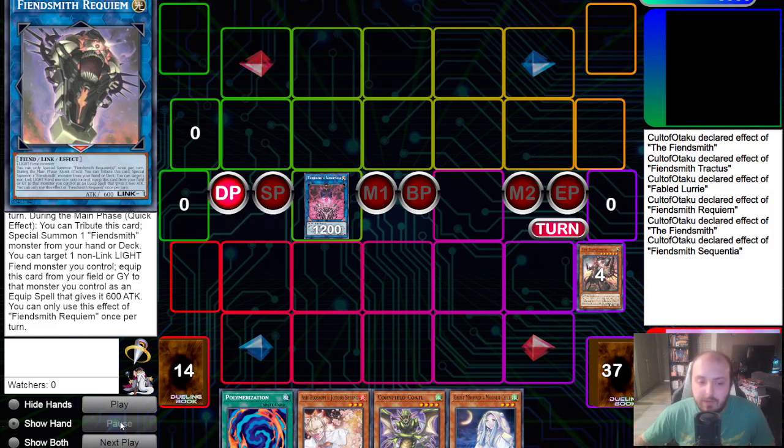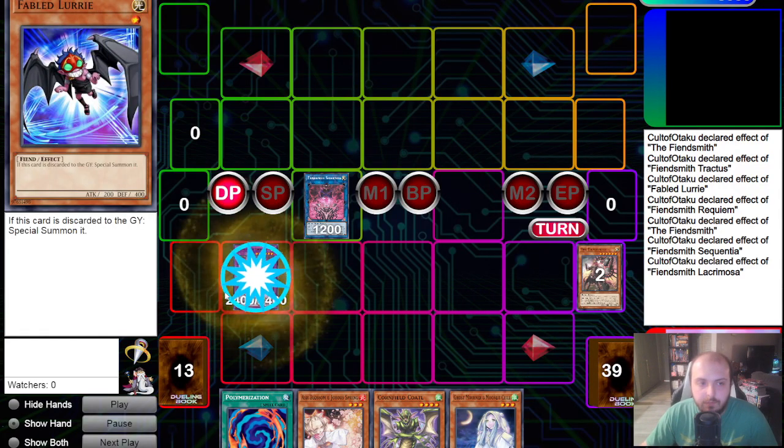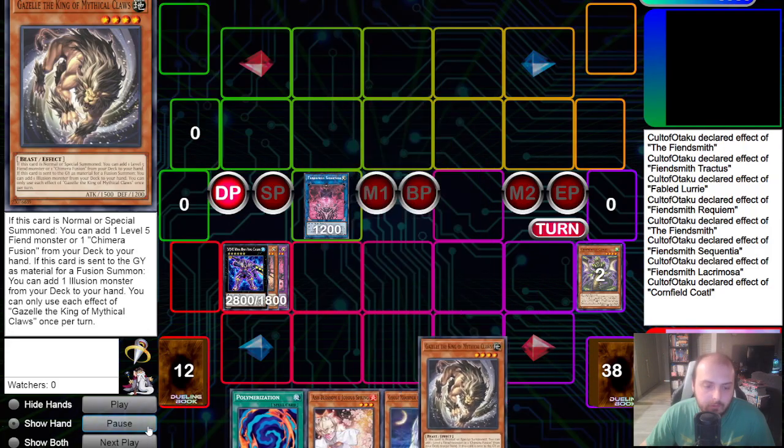But Sequentia can make the fusion Baphomet because it just summons out a fusion fiend monster, not a light fusion fiend monster. In the materials, it just shuffles back materials. It doesn't have to shuffle back light fiend monsters. So again, I don't do it here. I end up summoning out the level 6 fusion, the Lacrimosa, to summon out the Engraver from grave, and then